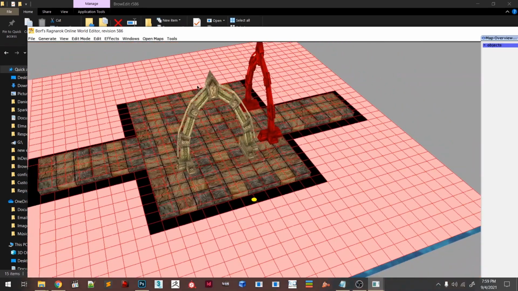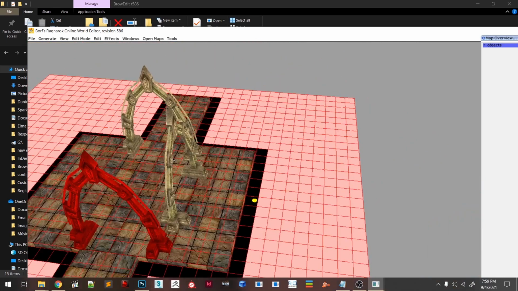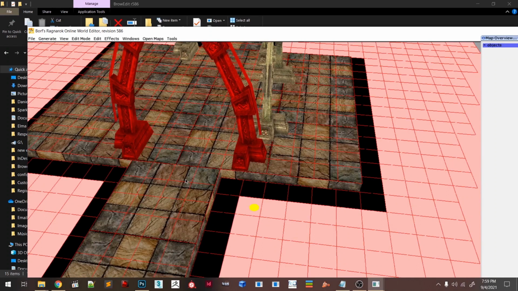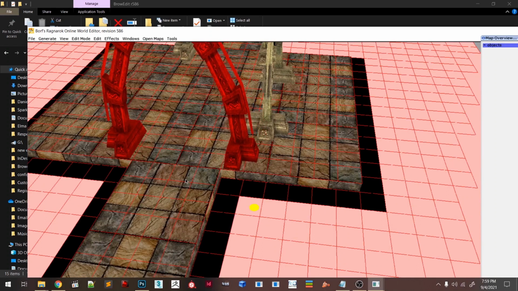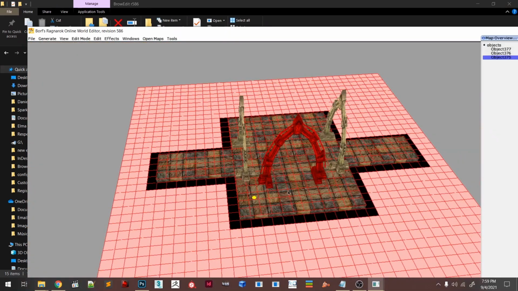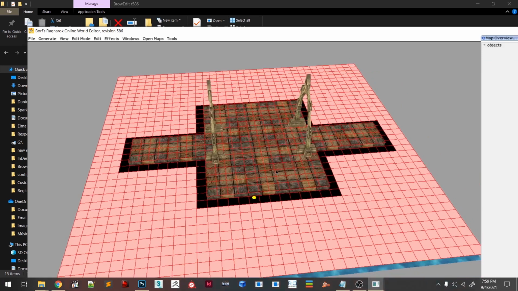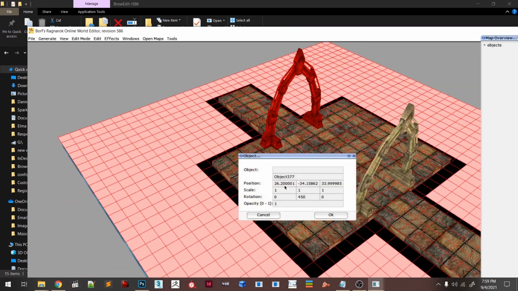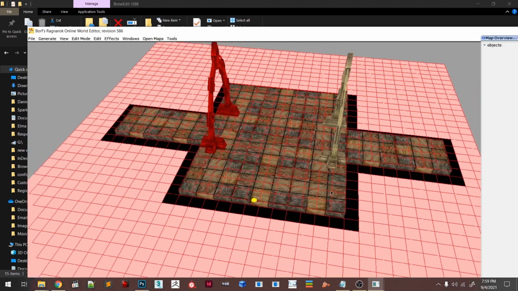Now I'll press C to copy and hold right here. And I will put it around here. Okay. This one I will delete. Oh, you can also edit the object size by hitting enter, and you can scale this, for example, to 0.8, 0.8, and 0.8, and hit OK. You eventually get a smaller object.